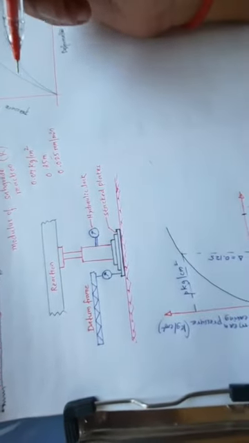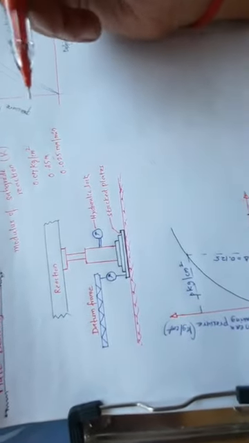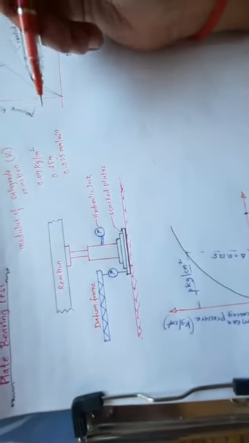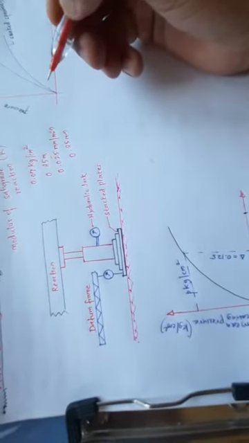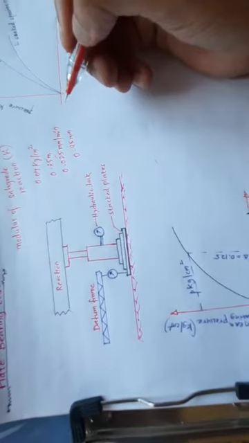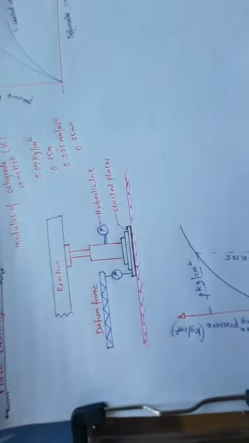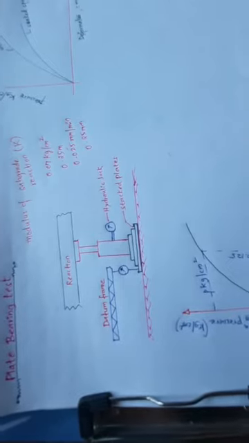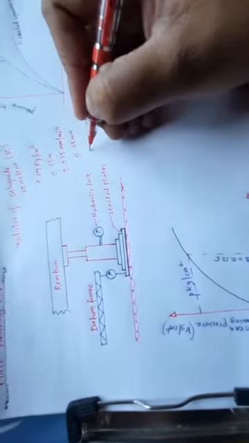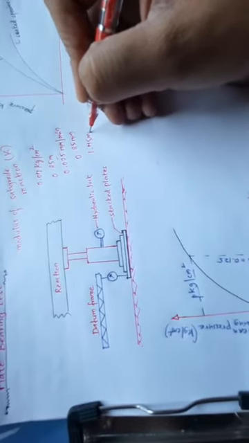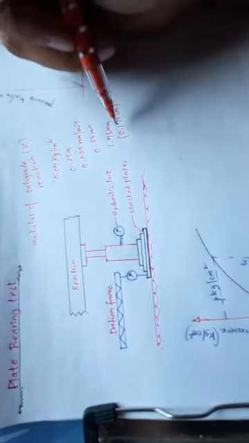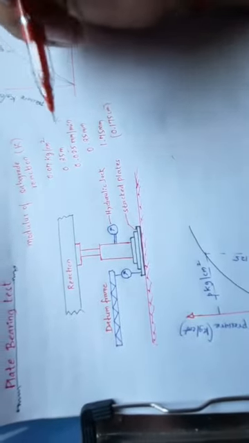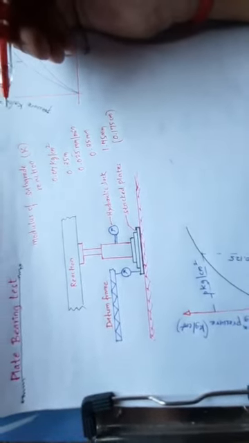Clear? The average settlement is determined from the dial gauges. The load is then increased till there is a further increase of about 0.25 mm in average settlement, and the load values are noted. This procedure is repeated until the settlement reaches 1.75 mm or 0.175 centimeter. So until this is attained you are going to apply the load. Once you get this much of the reading, then you are going to plot the graph.